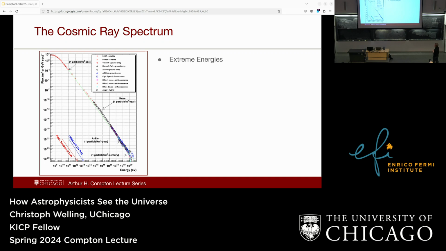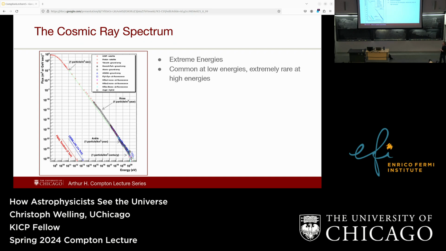Okay, so something out there can produce particles with energies something like 1 billion times anything we can do here on Earth. So that alone, in my opinion, already makes them interesting. The next thing is that this axis is also a logarithmic axis. So if you go from here to here, what does it say? It's a factor 100, no, not even 100. It's like 10 to the 5, so it's a factor 10,000.